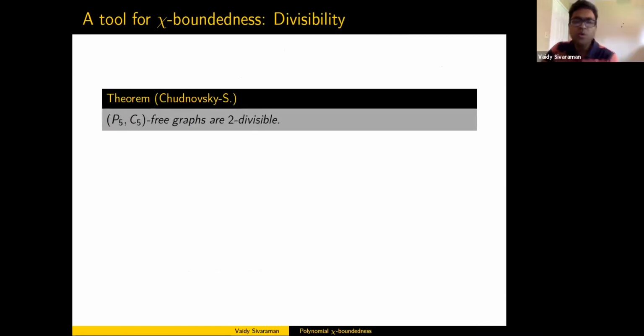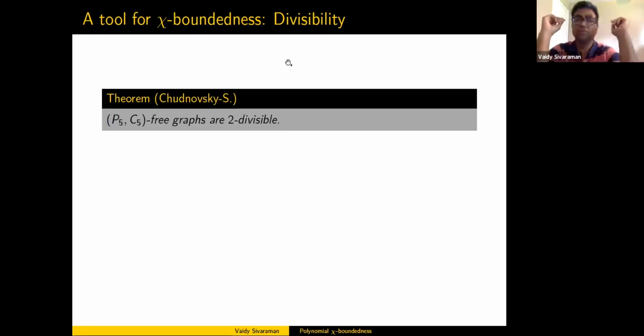Okay, so how do we prove chi-boundedness results? One notion that Hajebi and McDermott came up with was called divisibility. In number theory, people have divisibility, and so do we in graph theory. Divisibility in this context means you want to take your graph and break it into pieces so that the pieces are much better behaved. And since we are interested in the chromatic number and the clique number,